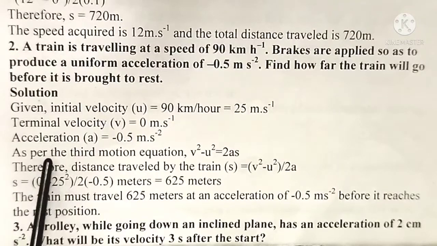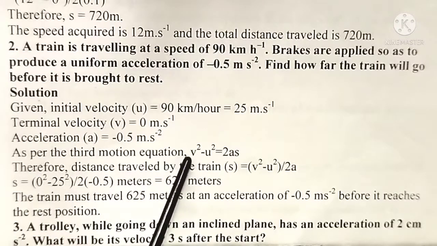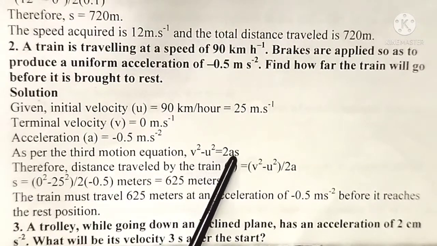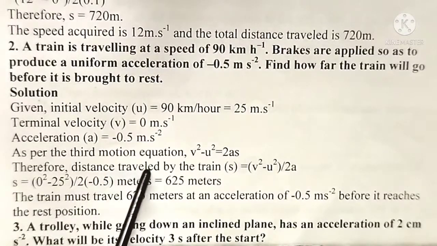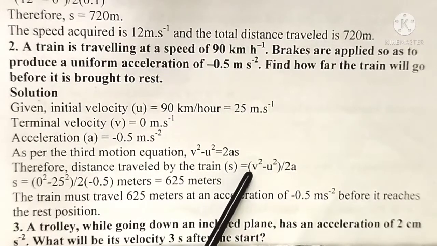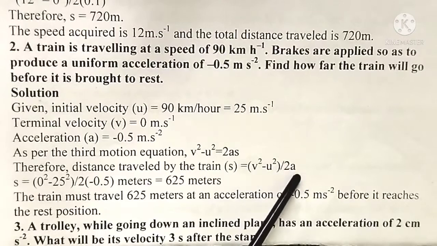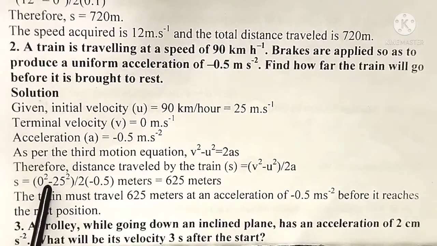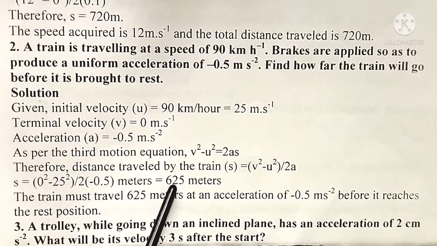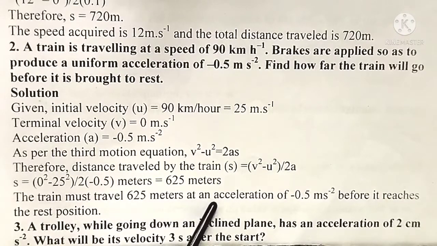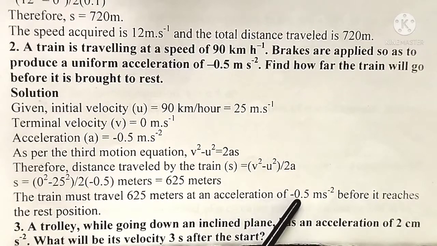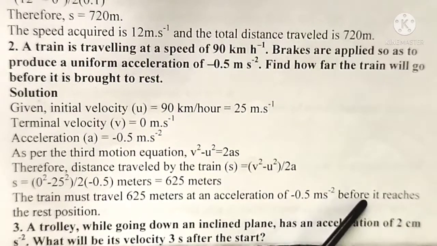As per the third motion equation, v square minus u square is equal to 2as. Therefore, distance traveled by the train s is equal to v square minus u square divided by 2a. S is equal to 0 square minus 25 square divided by 2 into minus 0.5 meter, that is equal to 625 meters. The train must travel 625 meters at an acceleration of minus 0.5 meter per second square before it reaches